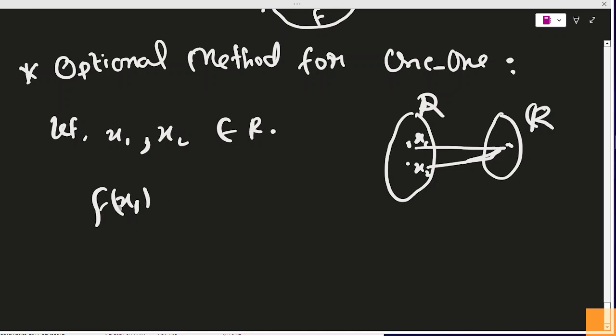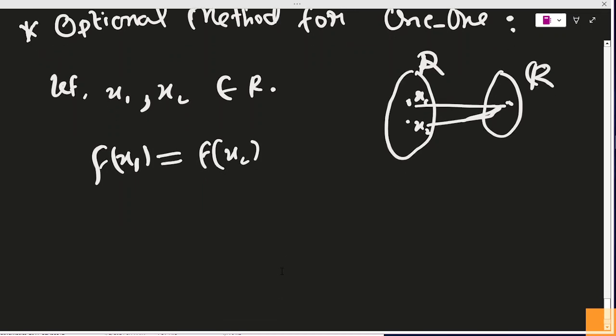We have to show that 1 1 होने के लिए f of x1 का इमेज और f of x2 का इमेज दोनों सेम नहीं हो सकते। अभी हमने f of x1 और f of x2 दोनों सेम मान लिया है तो हमें x1 should be also equal to x2 मिलना होगा। दोनों का इमेज इक्वल है, इसका मतलब दोनों एलिमेंट ही इक्वल हैं। This will imply twice x1 plus 3 is equal